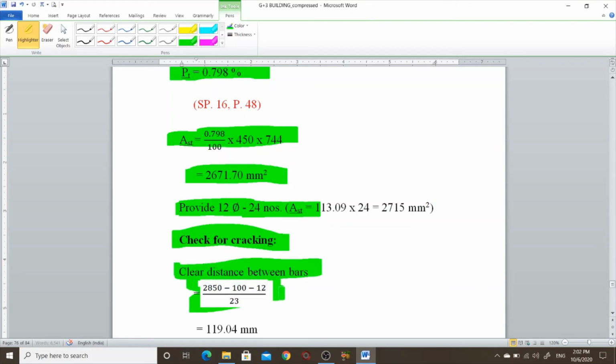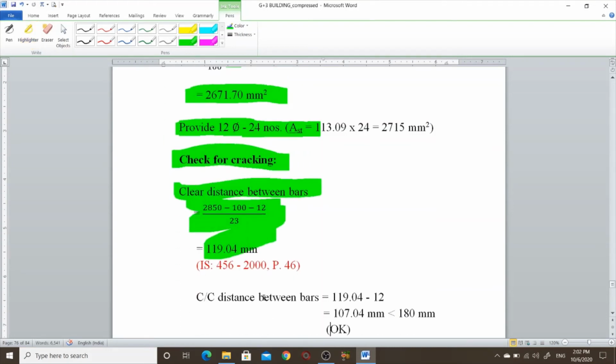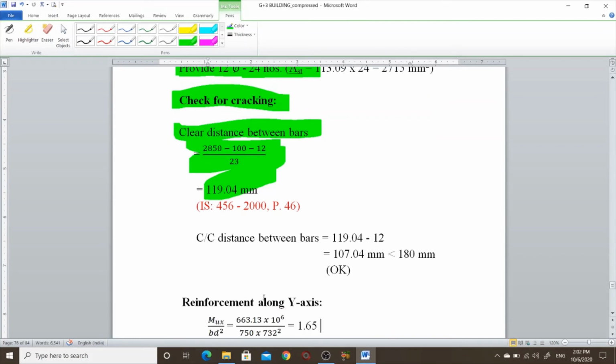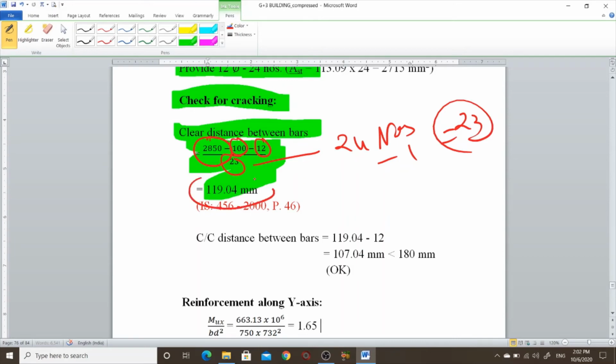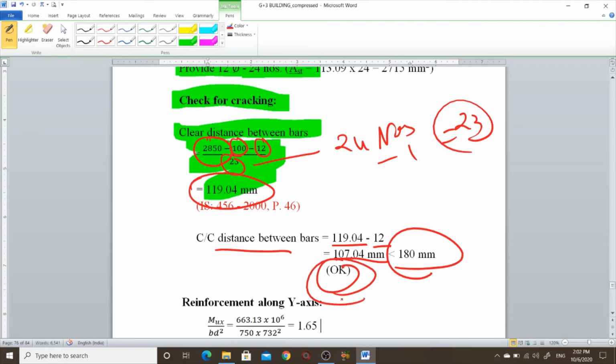So the clear distance between the bars we will find out. 2850 is the length, 100 is cover, and 12 is the diameter of the bar, and we provided 24 bars, minus 1, so 23. So value is 110. And center to center distance is 119.04 minus 12, so 107.04 mm, we require 80 mm, so design is okay.